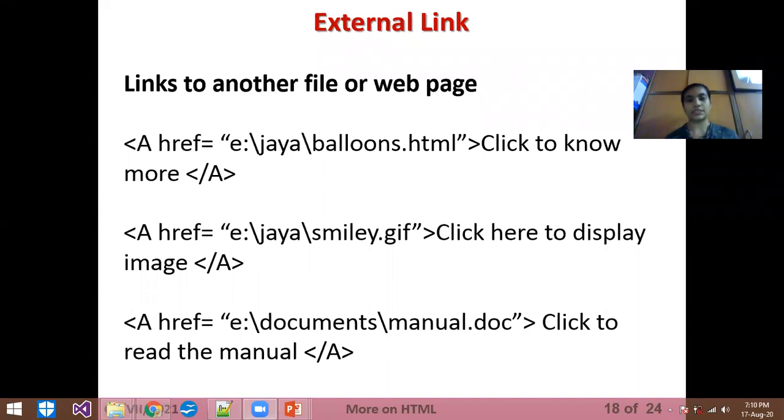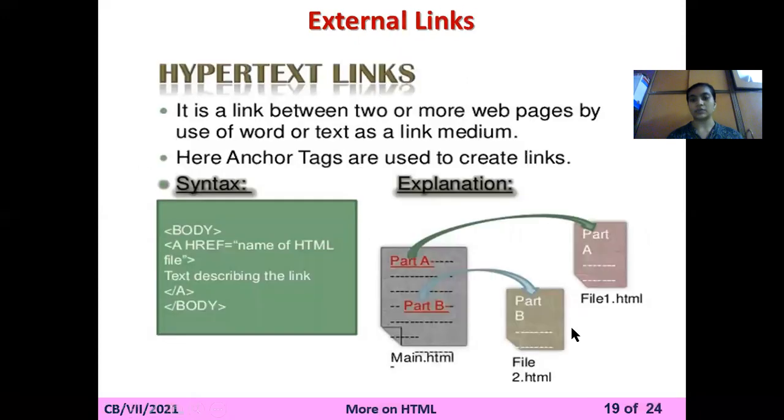Okay, so here you can see that some examples are also given. The first is about one HTML file. If you want to enter any HTML file, then you can also insert any GIF, images, or documents. Whenever you click on the link, the document will open. Sometimes, for example, links are given, and when you click on one, a PDF opens. So these are the ways to interconnect a web page with another web page, a document, or images. So let's learn the external link.